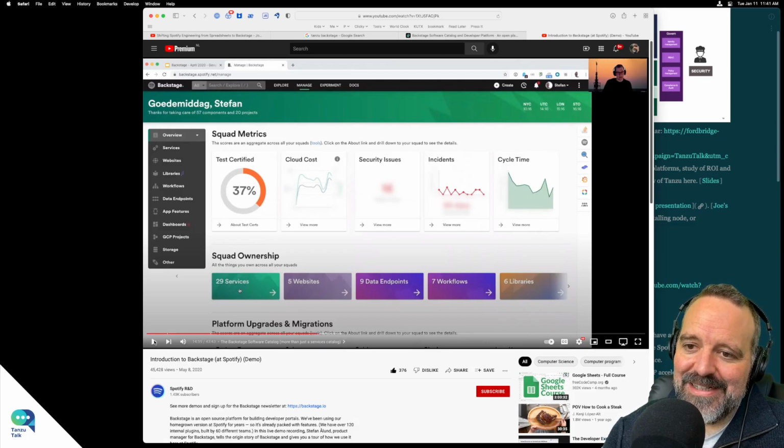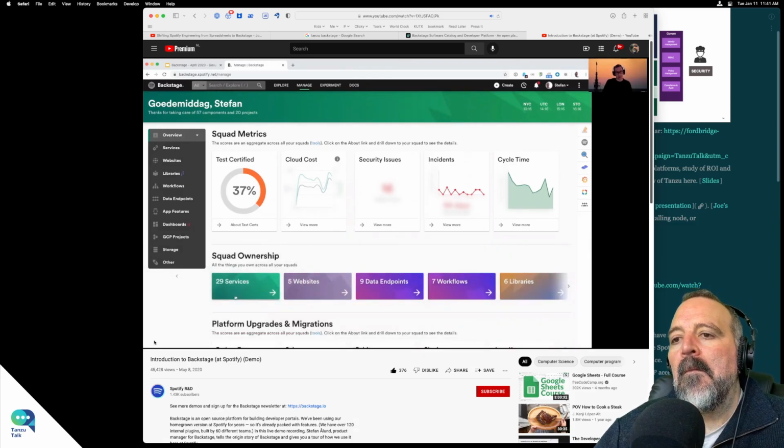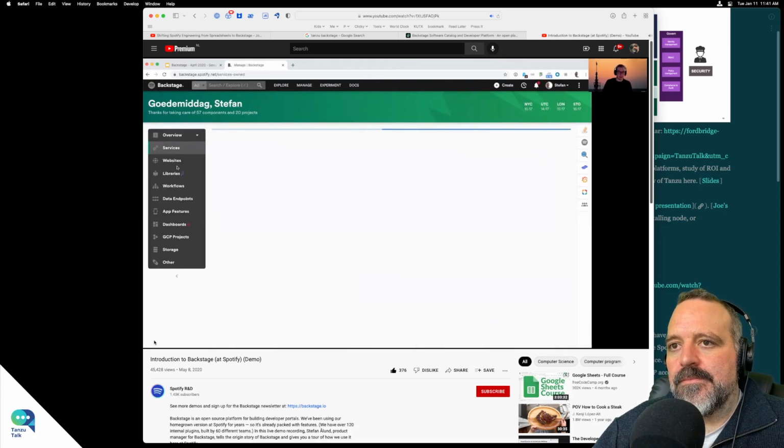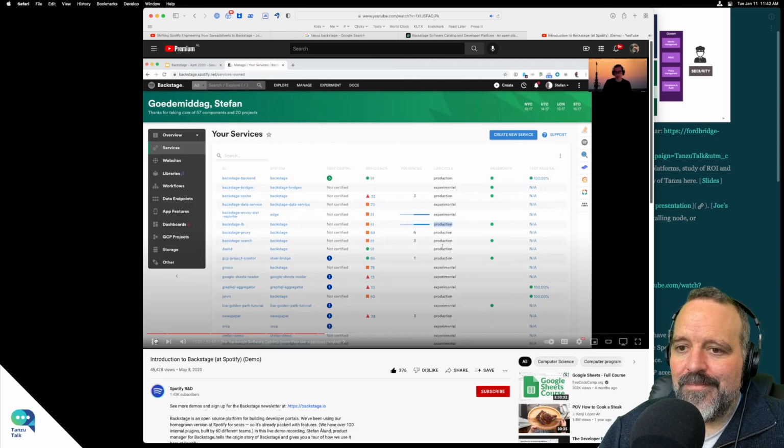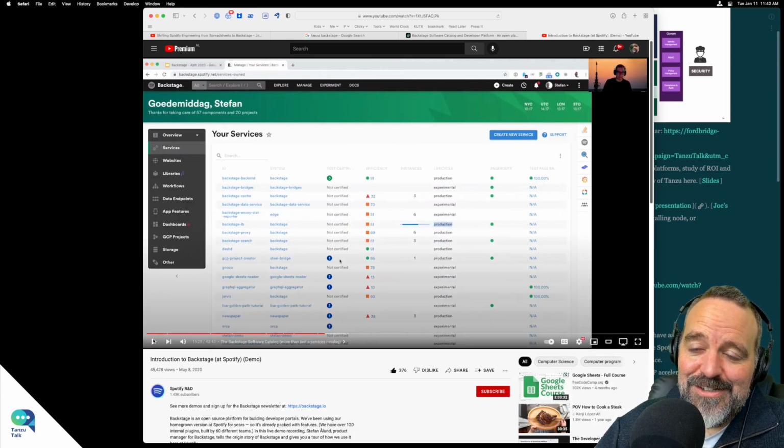That's a good mindset. Number of services. So if I drill into one of these services, I get deeper in. So now I'm starting to look at what are all the different services that my team owns, and I get this service catalog, if you will, or software catalog with some additional information, such as is this component in production, do we have PagerDuty set up, are all the tests passing as they should, etc., etc. Now this part is very exciting.